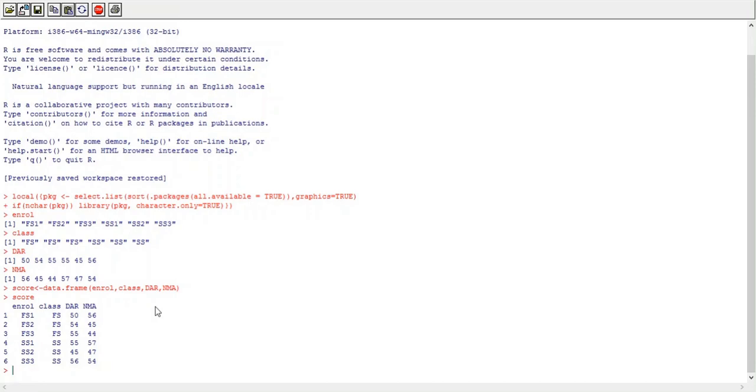Now this format is called as wide data format because here there is a single row for each student. And the details of that student, that is class, score of DAR subject and score of NMA subject, all these details are organized in a single row. They are organized in columns. That's why it is called as wide data format.